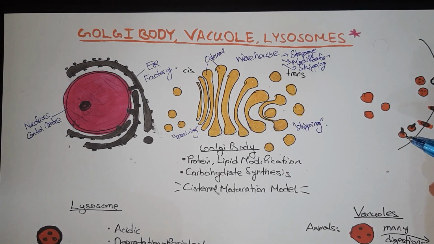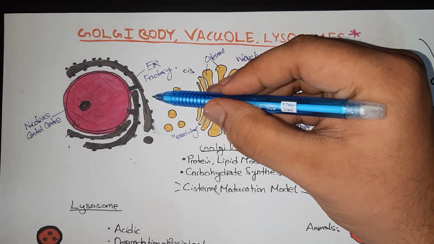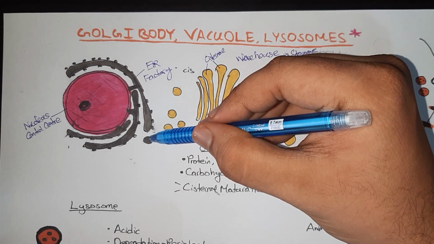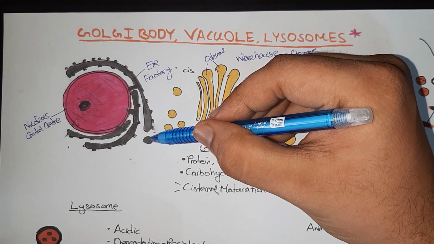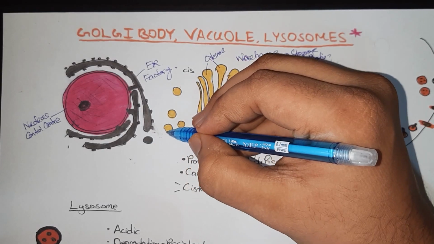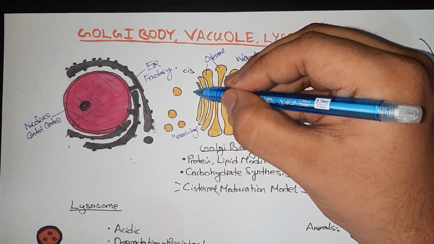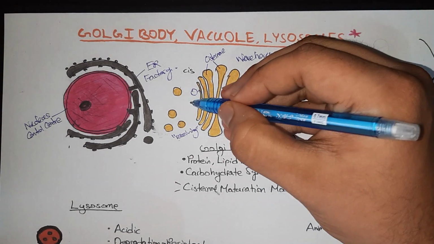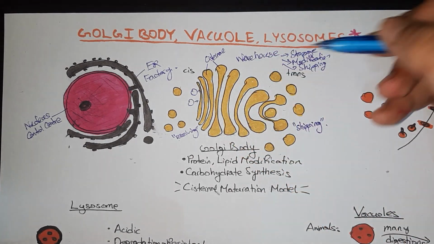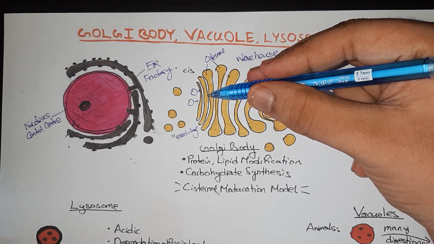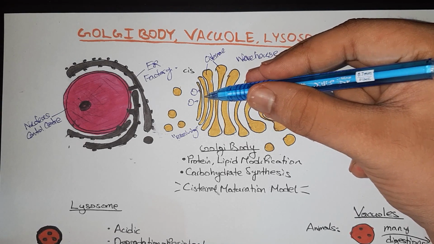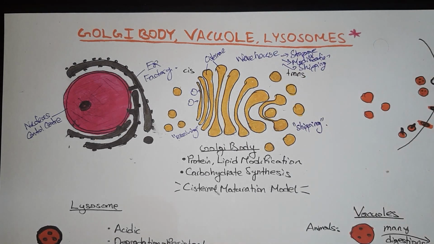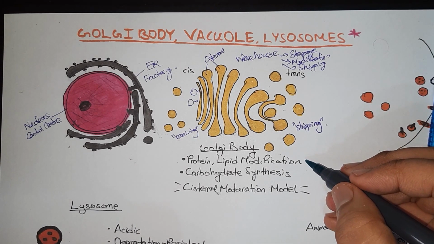So what happens in the Golgi body? From the ER, the proteins that are destined for membranes and extracellular proteins come in vesicles and they join together with the cis face. So many such vesicles are coming in to the cis face. After that is done, two important things happen to the protein. The first one is protein modification.